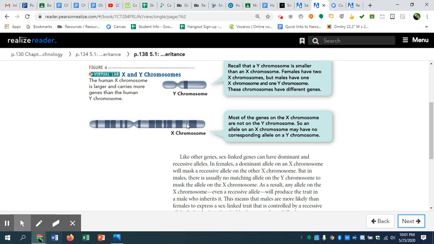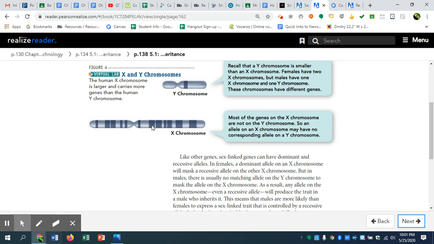Now, if you're a female and you have two of these big X chromosomes and you have a color blindness allele on one, but a normal vision allele on the other, you're not colorblind. You're a carrier for it on the one X, but because you have two X's, you have two chances, okay, for females. So you would have to have that color blindness gene on both the X's